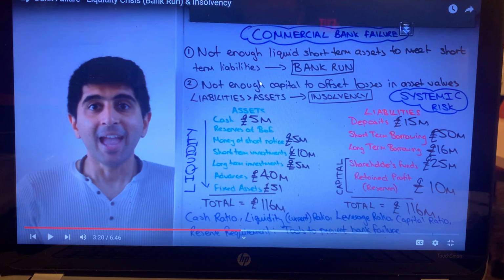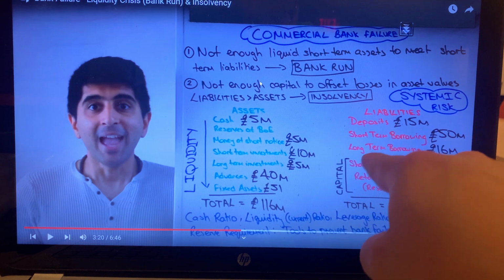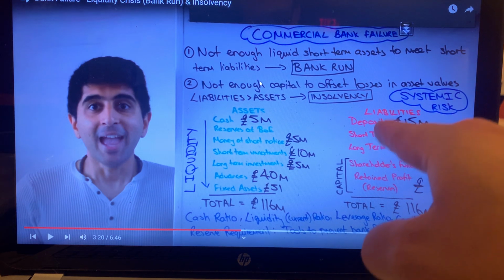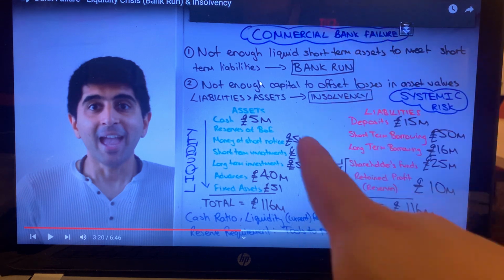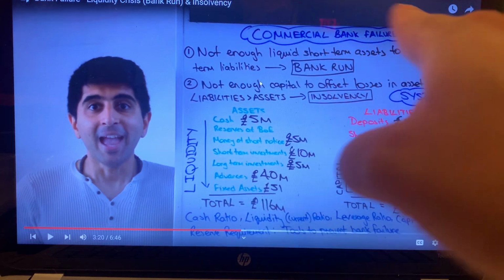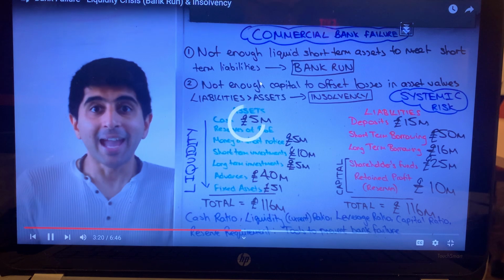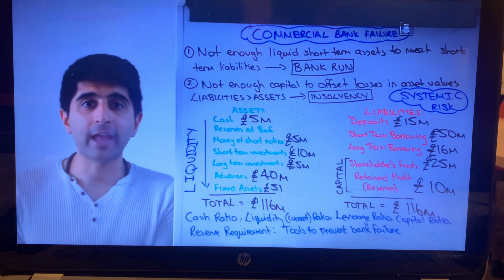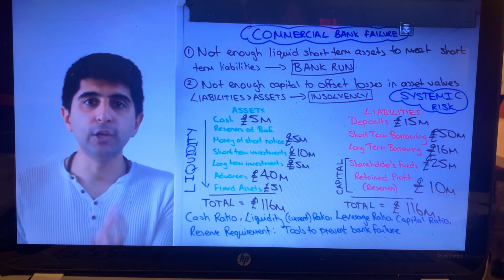So all these banks being connected through their investments and their borrowing mean that if one bank fails, there's always a danger that more banks will fall down like a row of dominoes. That's the systemic risk. It's not just the commercial bank that loses out when they fail, it's other banks that can lose out too.